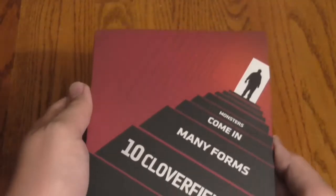This here is the Best Buy exclusive steelbook, which gives it a real Vertigo vibe, and it's really retro too,